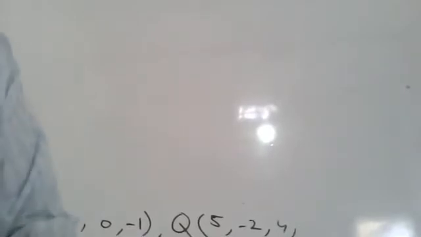Okay. So I have told you how to find the vector PQ when the 2 points P and Q are given. And now the negative vector, or the opposite vector. If 2 vectors have the same magnitude but opposite direction, they are called opposite vectors, or negative vectors.